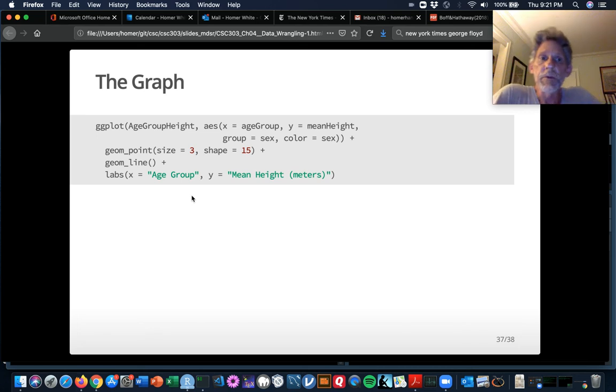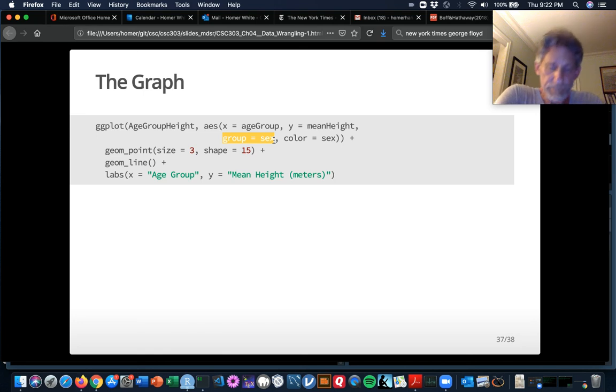So now you can go for the graph. Now that you've got this glyph-ready age group height, you can do ggplot, where your data is age group height, aesthetically mapping the x-axis to the age group, the y position to mean height. We wanted 2 line graphs, one for the guys, one for the gals, so we need to include the aesthetic color equals sex somewhere. I'll just go ahead and do it right up here. And we also need to say group is sex because, as we have learned,